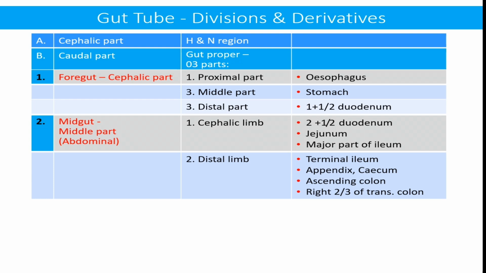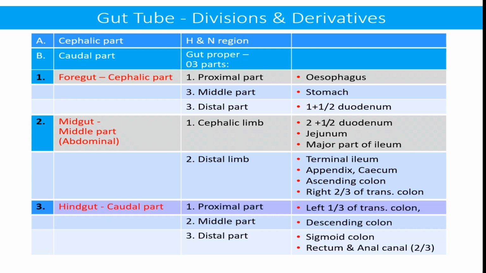It has got two limbs. The cephalic limb develops as the next 2.5 parts of the duodenum, the whole of the jejunum, and the major part of the ileum, whereas the distal limb of the midgut develops as the terminal ileum, appendix, cecum, ascending colon, and right 2/3 of the transverse colon. The third part of the gut tube proper, the caudal part or the hindgut, is again